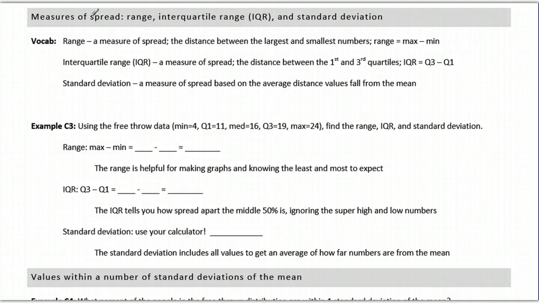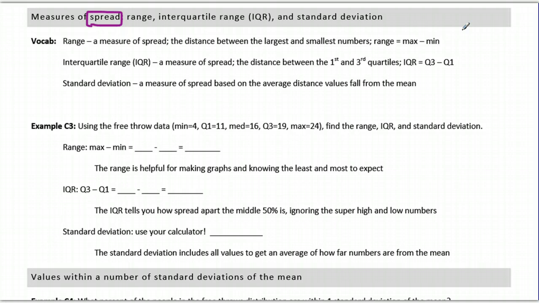This section is looking at measures of the spread. Now, when we talked about the measures of center, like the mean and median, it's where was the middle? What is kind of a typical number in this list? When we talk about the spread, we care about not what is typical, but how far spread apart the numbers